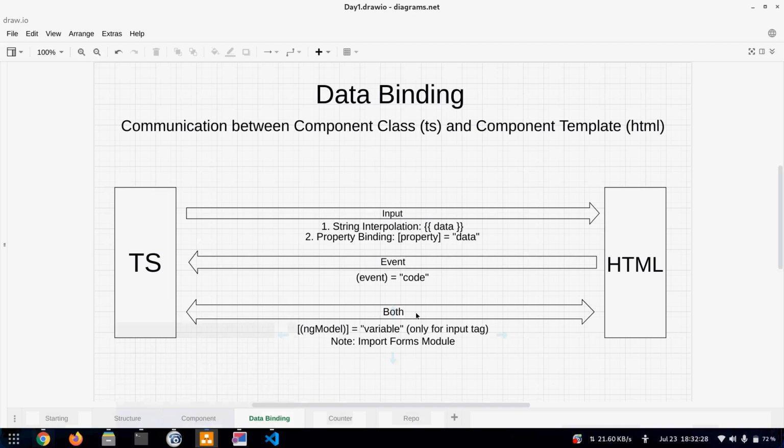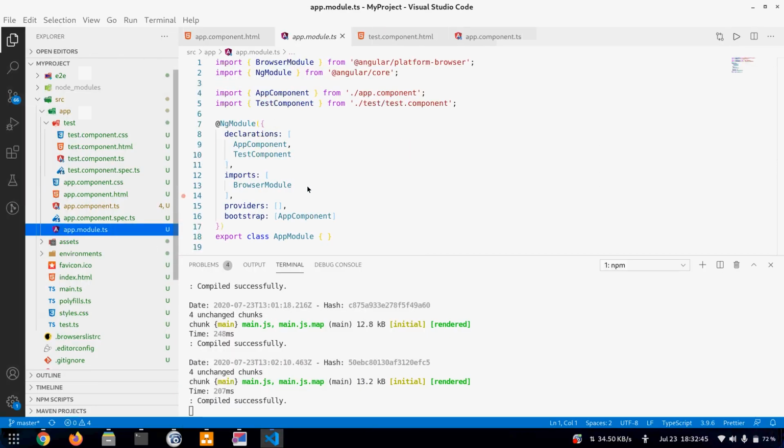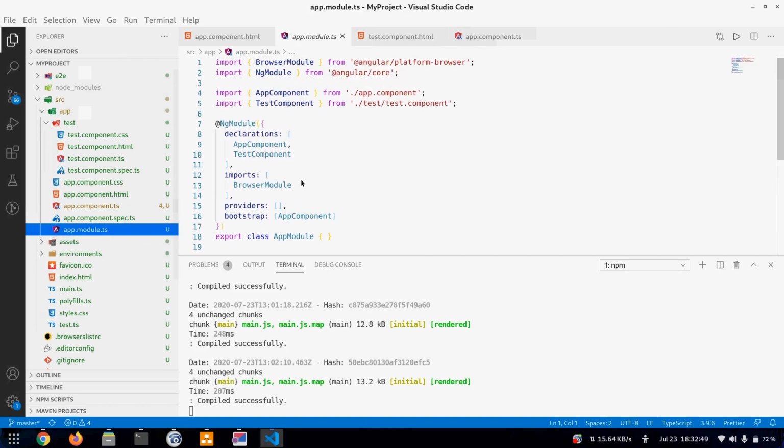And then there is two-way binding. It's mainly used for input tags. In that we first have to import the forms module. So I'll go to app module. This is the module file. It has all the imports and declarations.